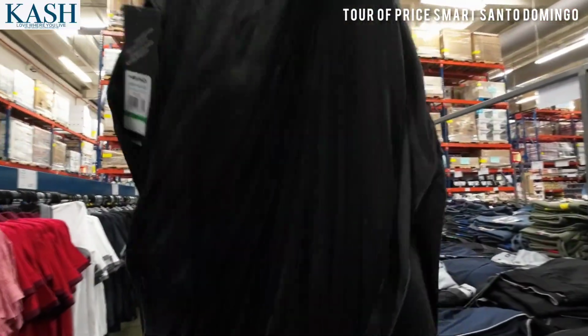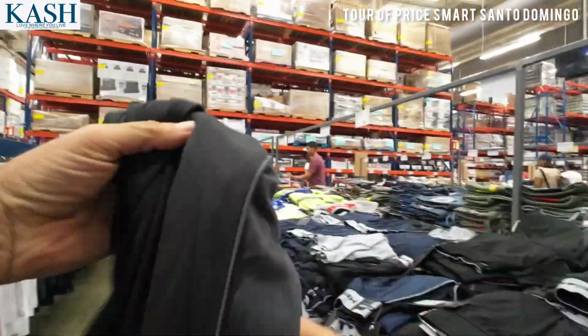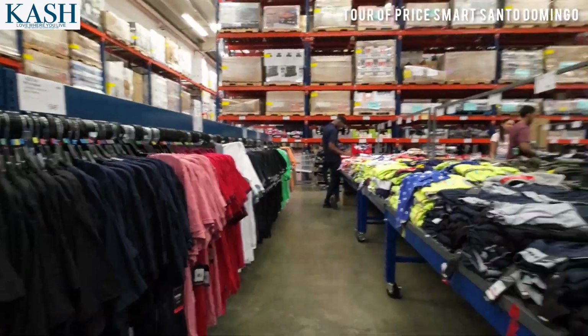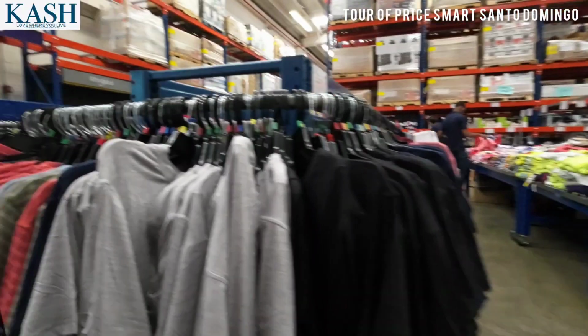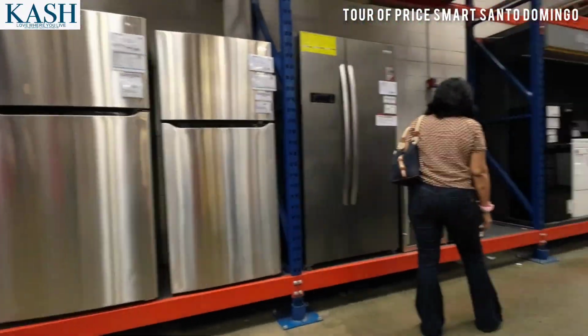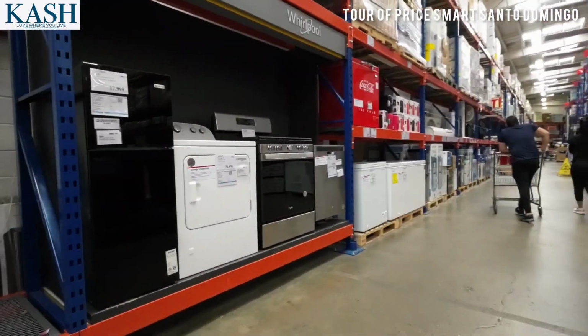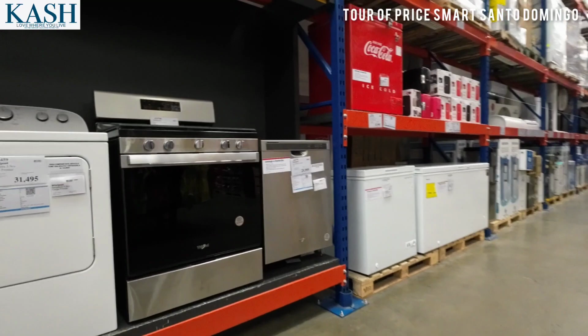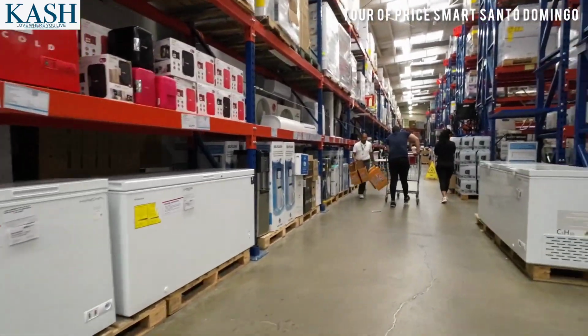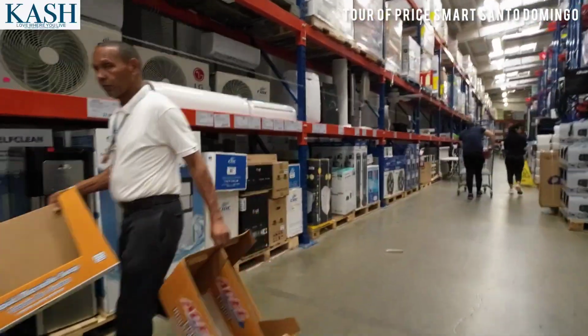And this is a pair of shorts I was thinking about. What I'm going to be doing here is I'm going to walk down every aisle, so it's going to be a little bit of a long video, a little repetitive possibly, but it's not repetitive if you're looking to see what is available. I am your eyes, I'm your ears, I am your feet on the ground here in the Dominican Republic. I want you guys to really understand, and these videos are made for people that are considering moving here,